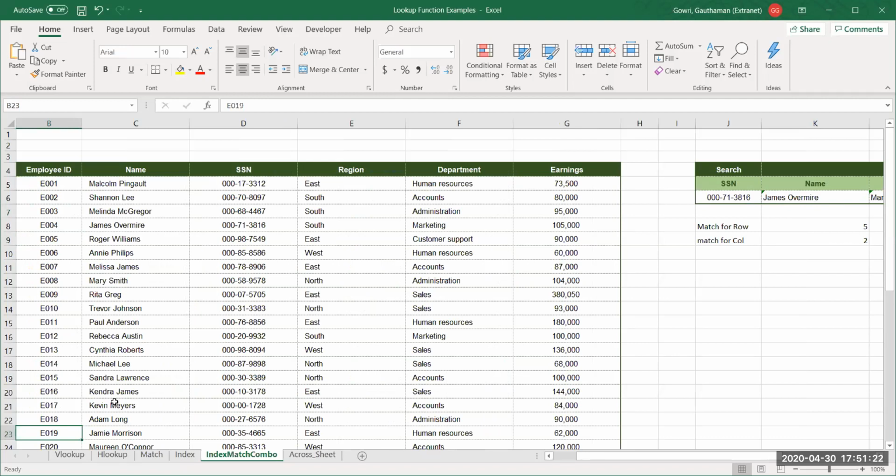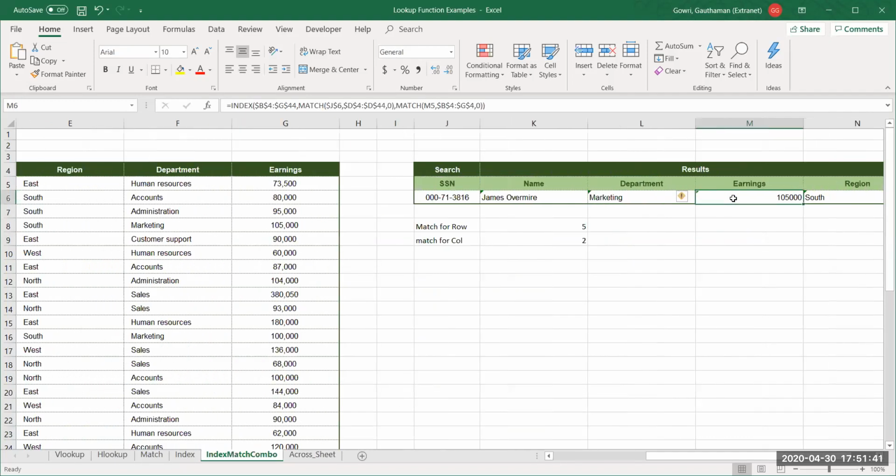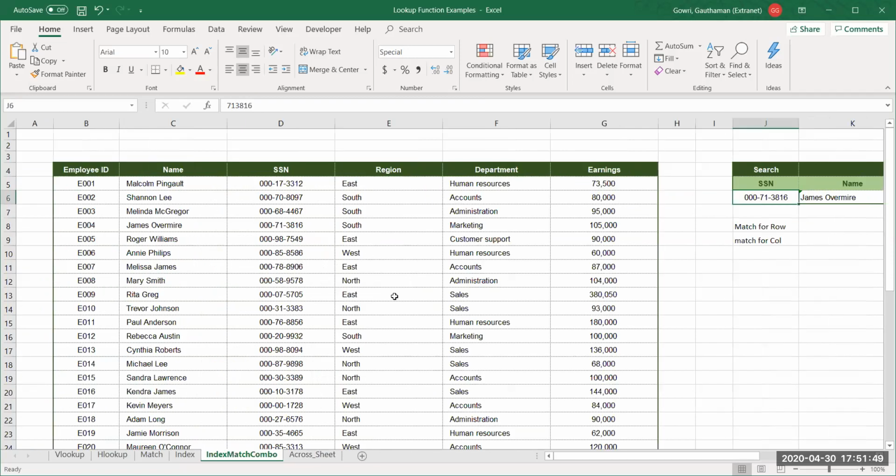After you apply the formula individually, it would give you the answer. Yeah, but it will take a lot of time. I have thousands of data for employees, and I want to know the earnings for them. I guess it is because there is some problem with your lookup value. See, this SSN is exactly matching with whatever is present in the data over here.